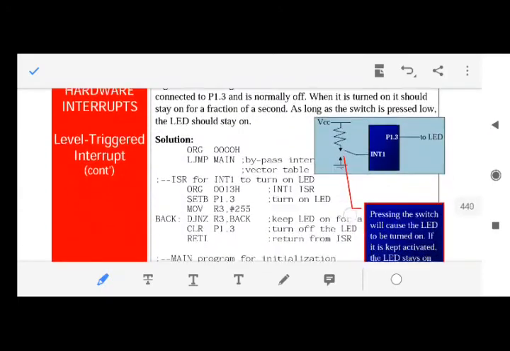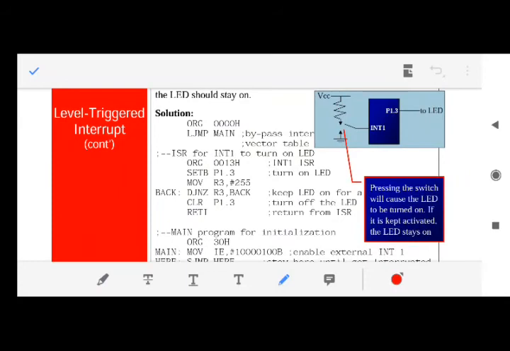Yeah, so we will start writing our interrupt service routine at 0013. What we will do? Simply we have to turn the LED on, or the buzzer, or whatever it is. How to turn it on? Make this value 1. How to make it value 1? Just set the bit, set bit P1.3. But moving the value 1 doesn't mean that it will blink. This 1 should remain here for some time.